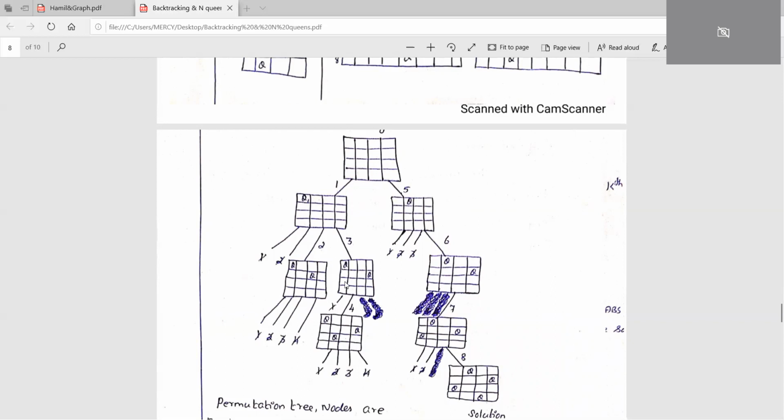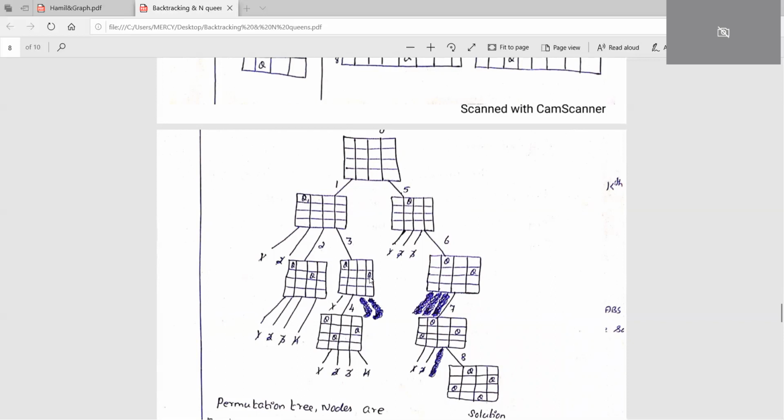Q3: here is not possible, but here it is possible. So I am placing Q3 here, in the second position. One position is not possible. Now I am taking Q4. Here is not possible, here also not possible, here also not possible, here also not possible. So now this will become the dead end. Now again you will go back. Backtrack.